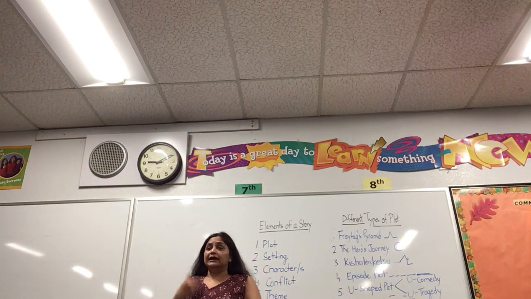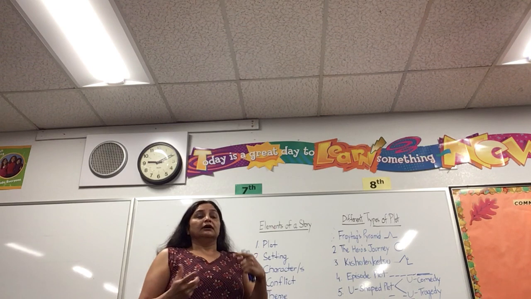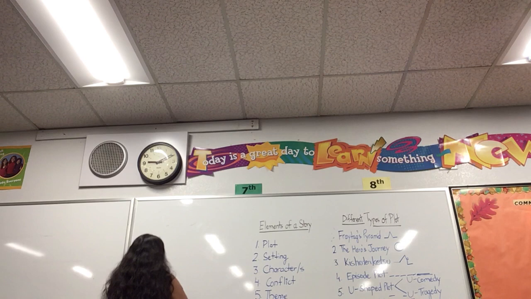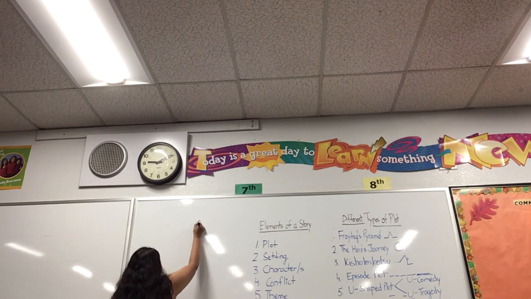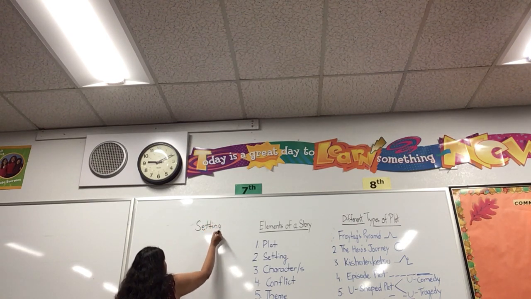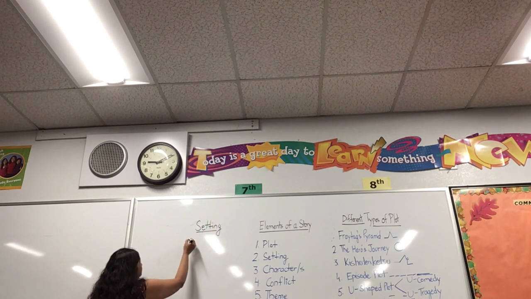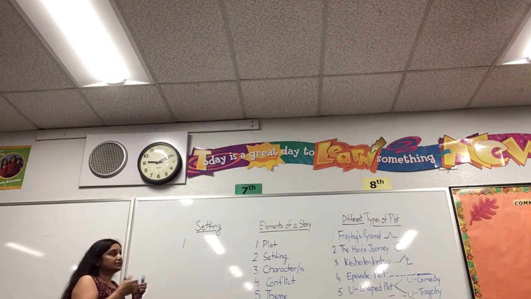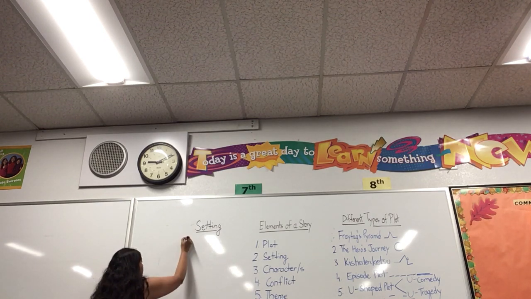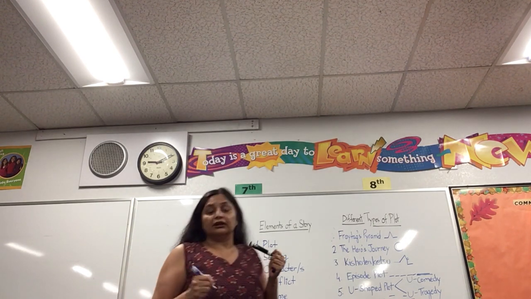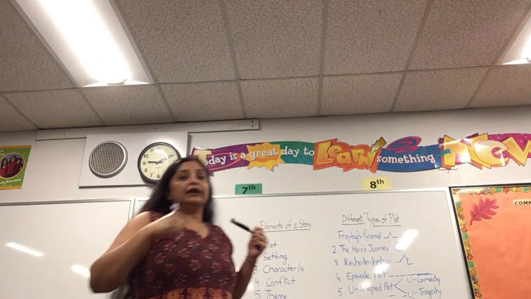So let's break it down. Setting has 4 important elements. So let's write those down. Setting has 4 elements, okay? We will talk about those elements briefly. Okay, so there are 4 elements, and remember we are talking about setting. So the 4 elements are